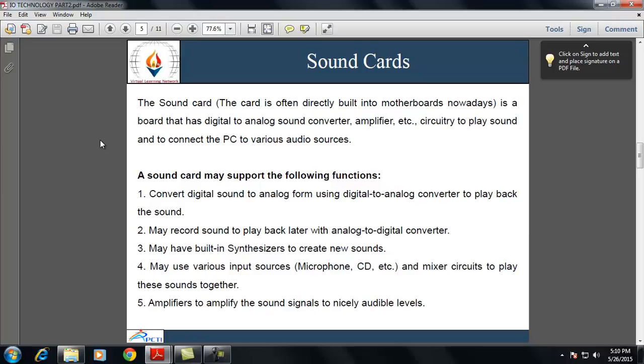A sound card may support different functions like converting digital sound to analog form, may record sound to play back later with an analog to digital converter, may have an inbuilt synthesizer to create new sounds, it may have various input sources like microphones, CDs, etc., and it has amplifiers to amplify the sound signals to nicely audible levels.